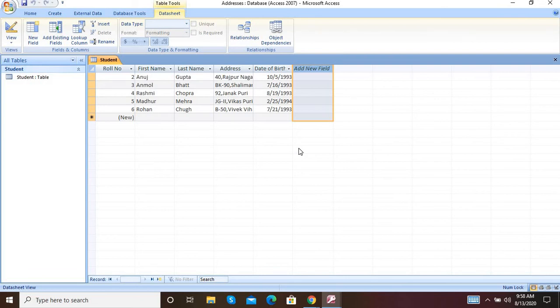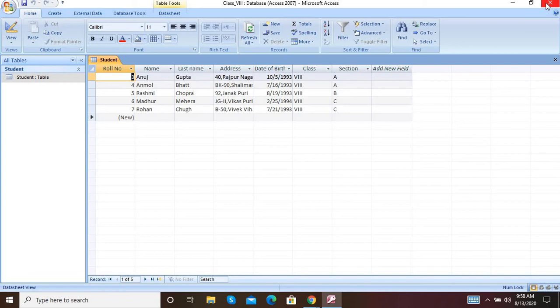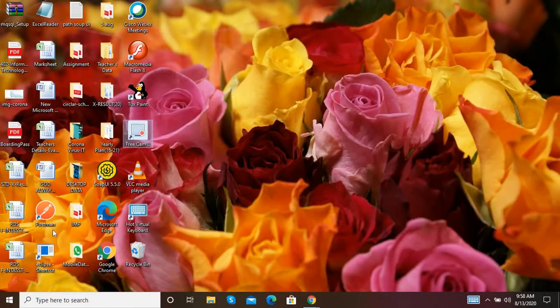Now go to page number 61. For page number 61, what they say is, create a new database named school in Microsoft Access. Now we close the first addresses database here, and now again I am opening a new database.